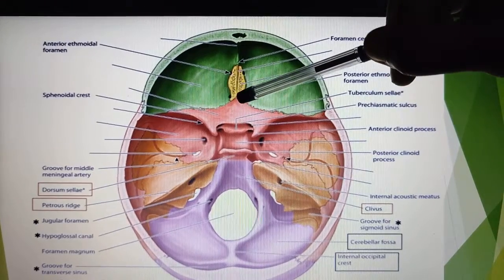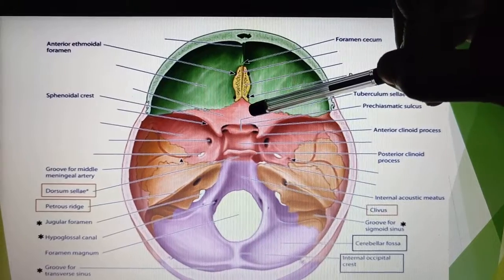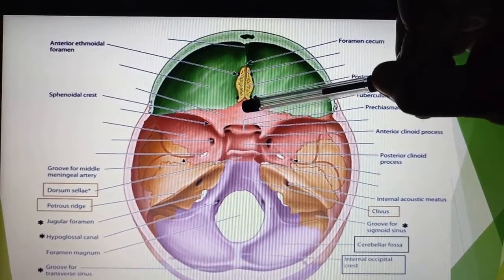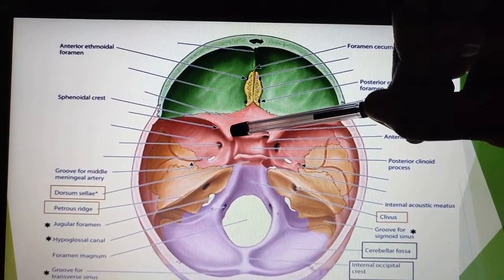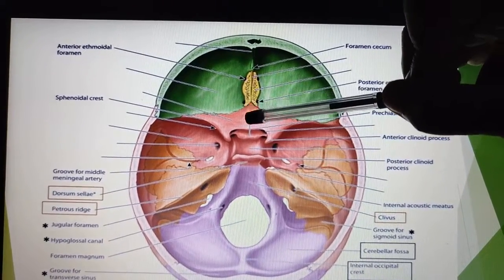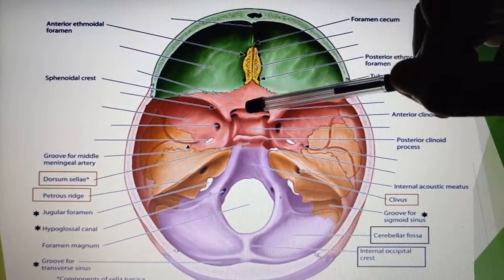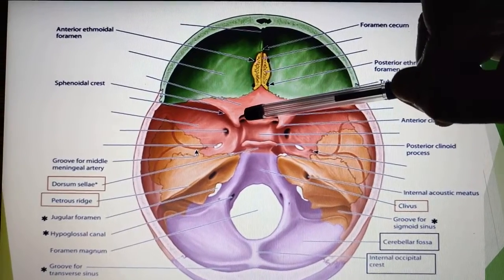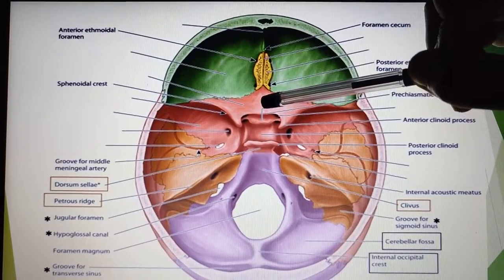Posterior to the cribriform plate of the ethmoid, it is articulating with the sphenoid bone. It forms a bony surface known as the jugum sphenoidale, which is limited by a faint sulcus known as the sulcus chiasmaticus.